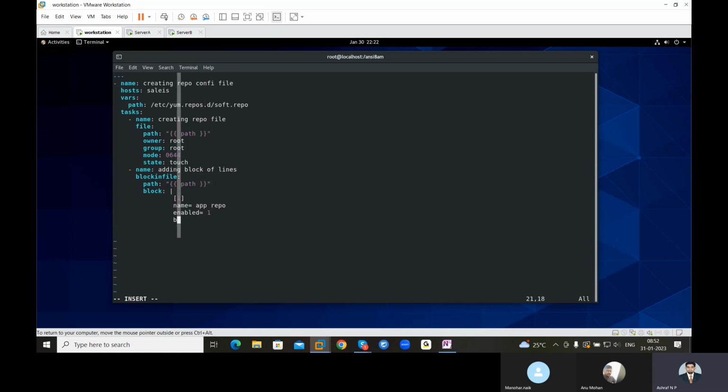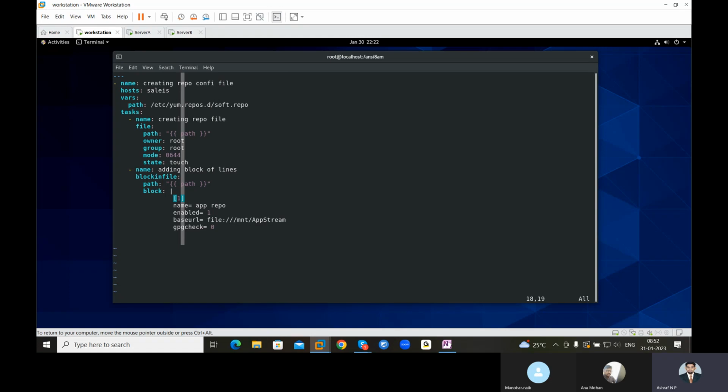Next is baseurl equal to, I'll just give file:///mnt/upstream. Next is gpgcheck equal to 0. I want to copy these lines again because I have 2 repositories.